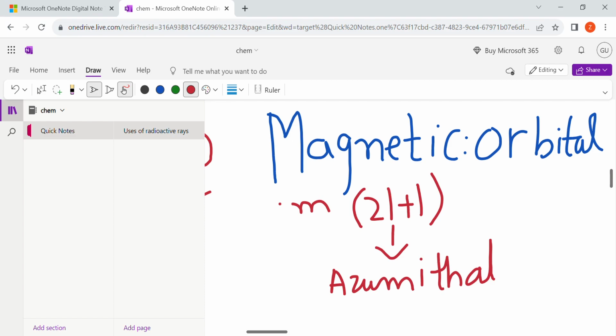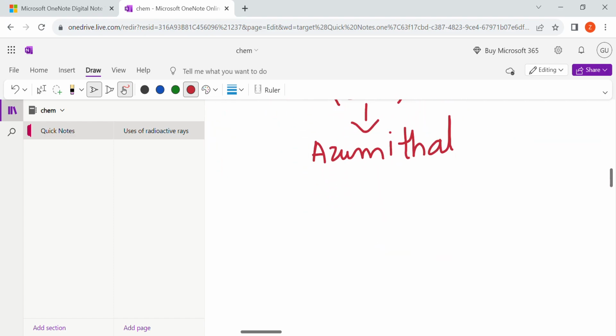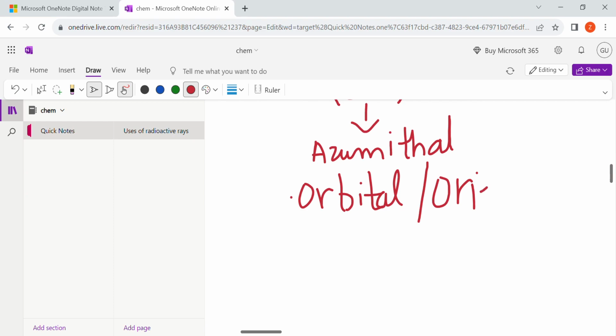So what's the purpose of magnetic quantum numbers, okay? The magnetic quantum number basically gives us the number of orbitals. As I said, it tells about the orbitals, alright, and it gives their orientation. Now what is the meaning of this word orientation? Orientation basically means